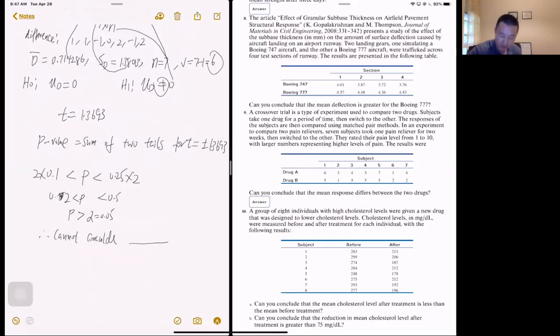The last sentence, which basically means we cannot conclude H1 is true. Okay, so H0 is plausible. So we cannot conclude that the mean response differs between the two drugs. Okay, so yeah, so that's the 5 questions we